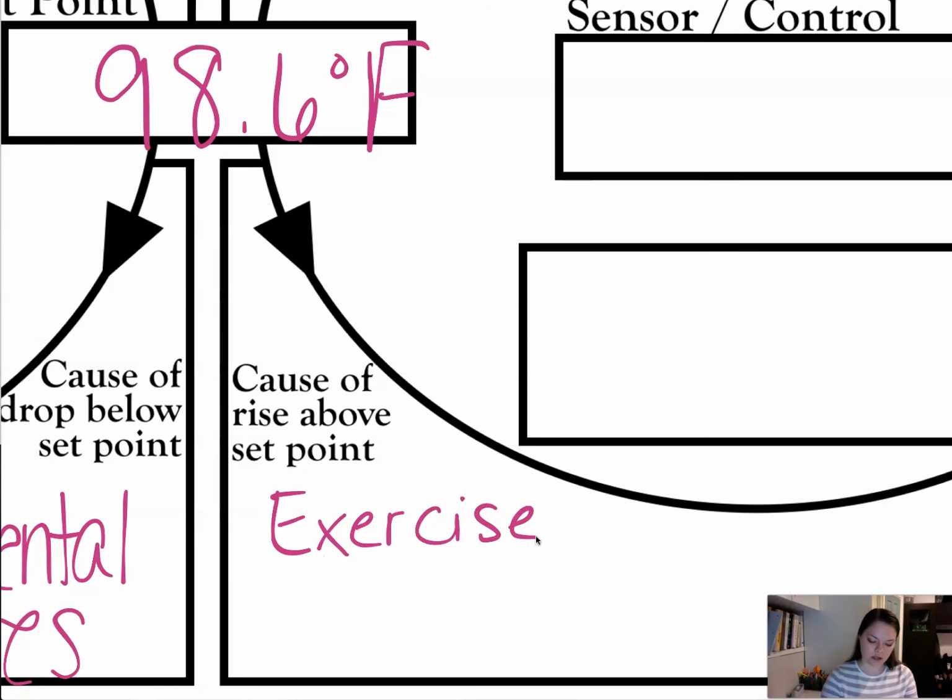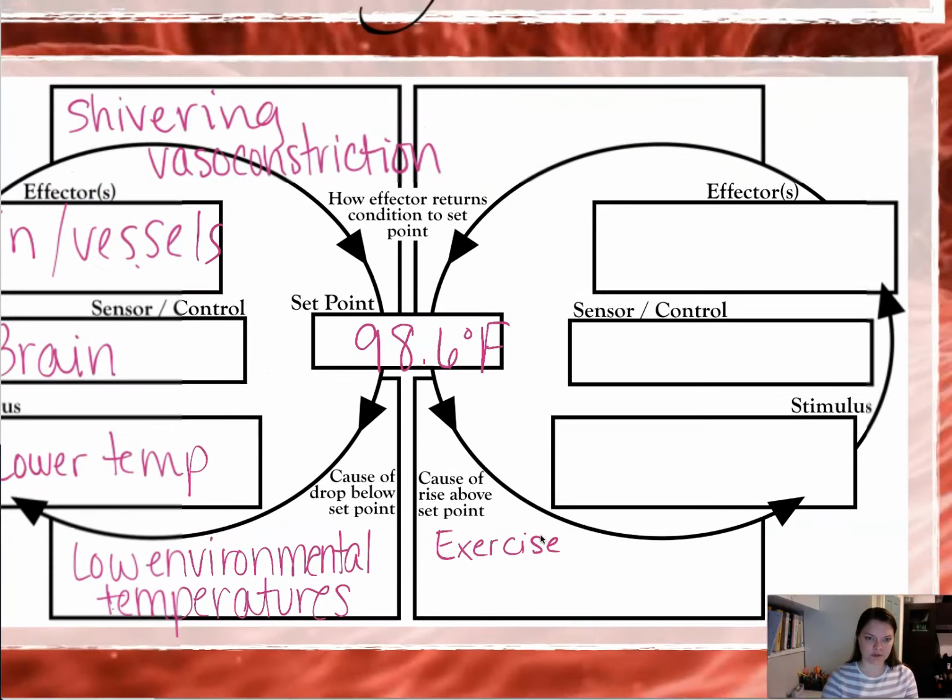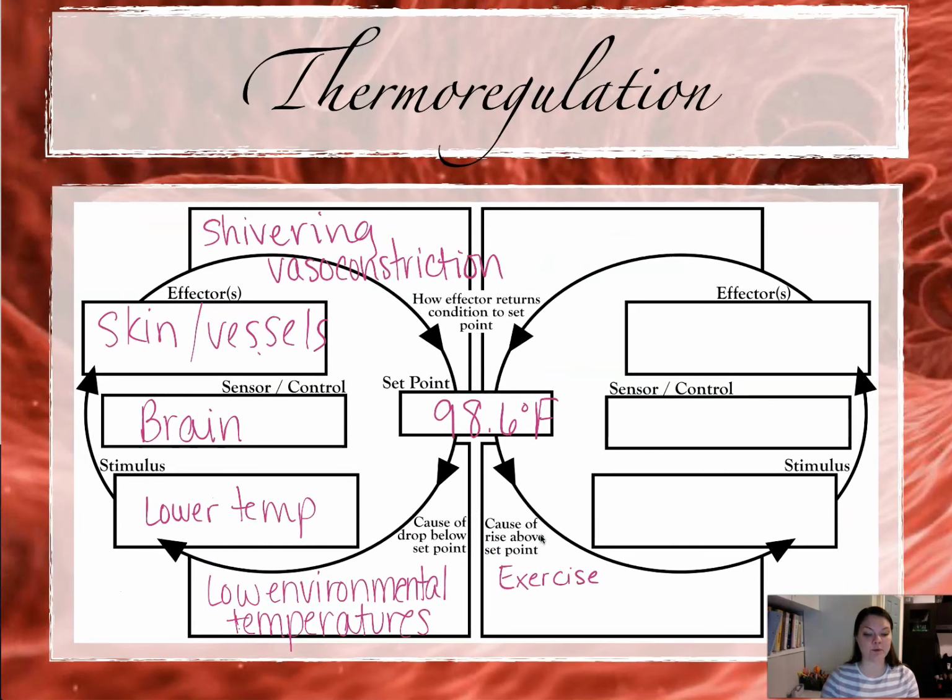So other things that can cause an increase to your body's temperature is just too much clothing, not being able to sweat enough, but we're going to focus on the most physiologically normal one. And so the stimulus is increased body temperature. And just like before, we're going to be looking at the brain that is going to recognize that. So what do you do when your body is hot? There's some really obvious ones. Think about